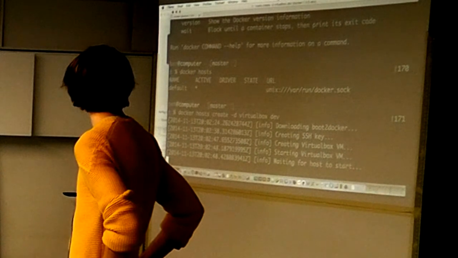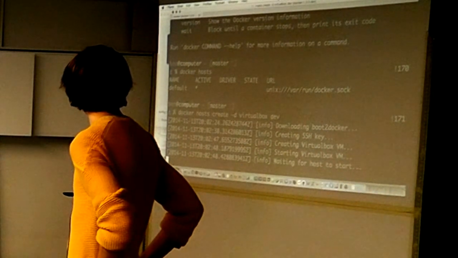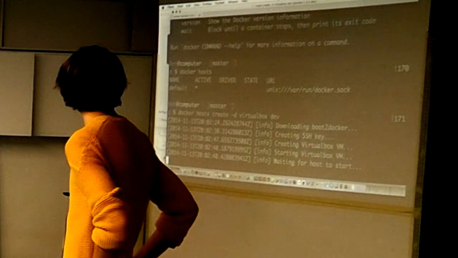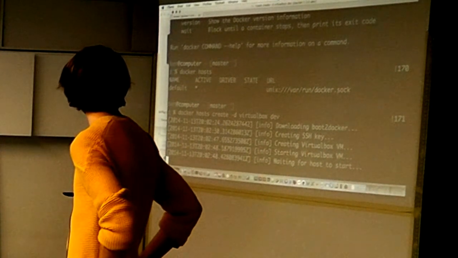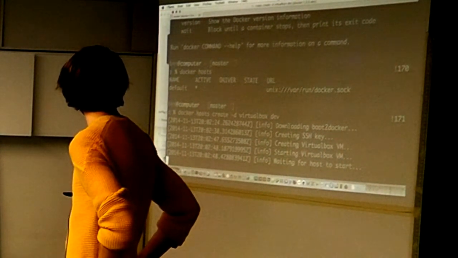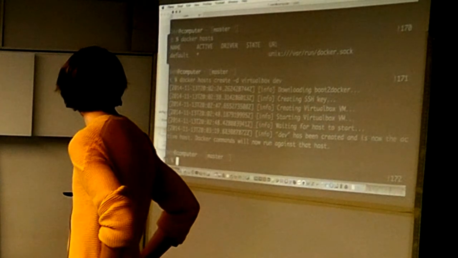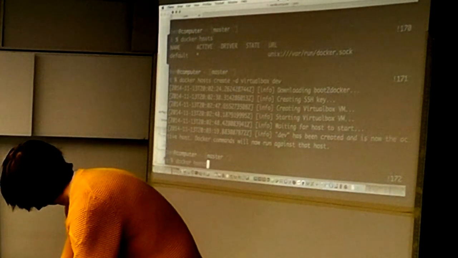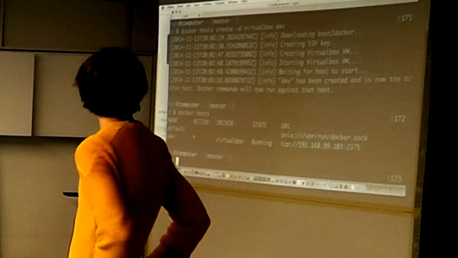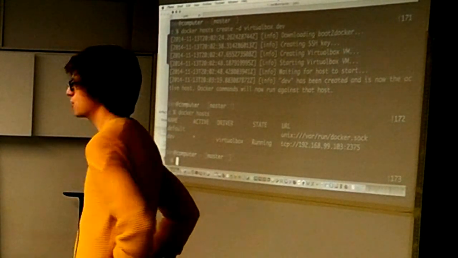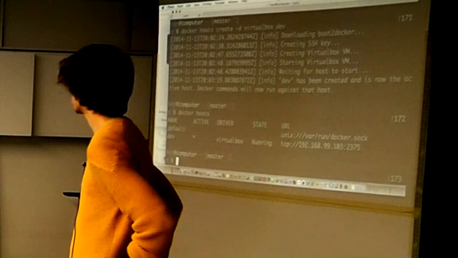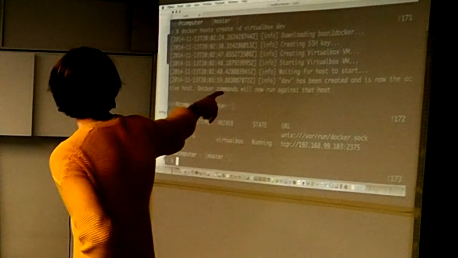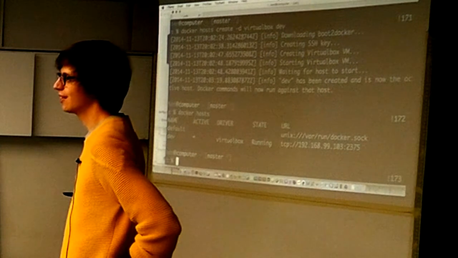And once this is created, it's then going to show up inside our list of hosts, which we had before, as a host that is running. And one thing it's done is that it's now been labeled the active host.